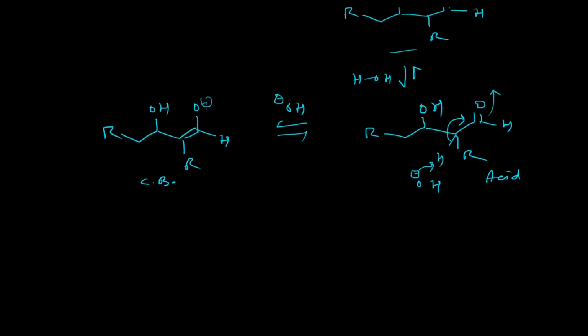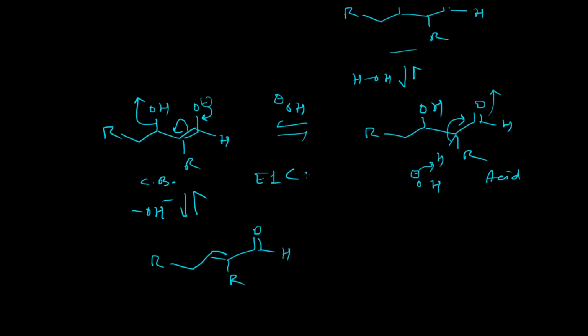and after that this enol will fall back to the keto form and this OH minus will leave from this system, and this will provide us the alpha beta unsaturated aldehyde as the final product. So this is the final product of the aldol condensation reaction. Overall a water molecule is leaving from the system, and that's why it is a condensation reaction. So the last step of this reaction is the E1CB elimination reaction.